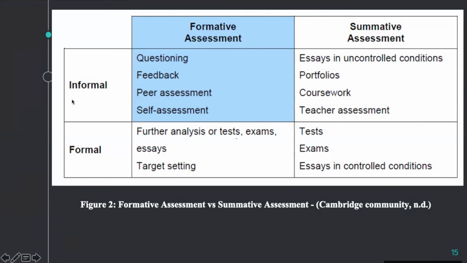Informal in a way that, in the example I just mentioned a couple of seconds ago, you're doing a discussion and trying to figure out whether certain skills or objectives have been attained. Then again, in summative assessment, portfolios are most commonly informal because they are up to the student to do